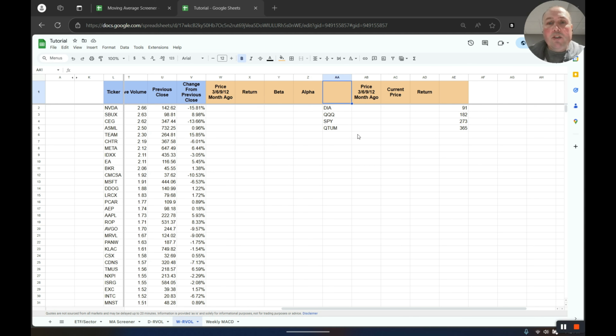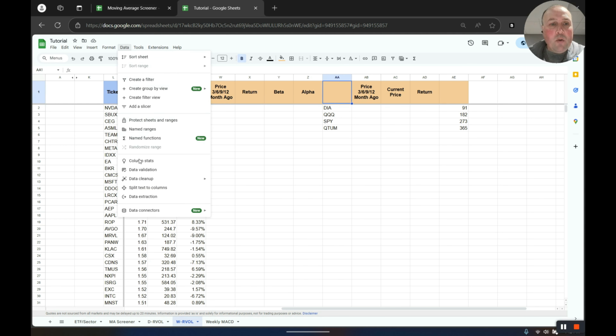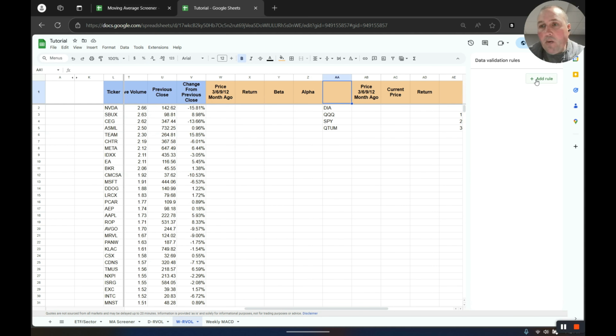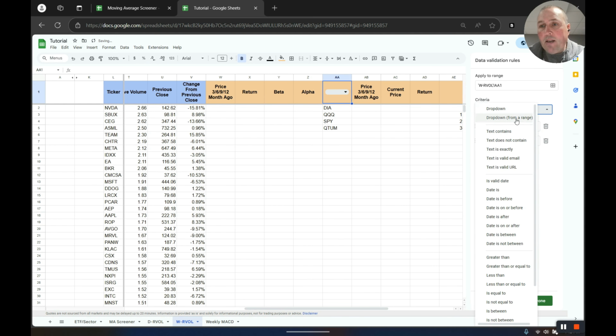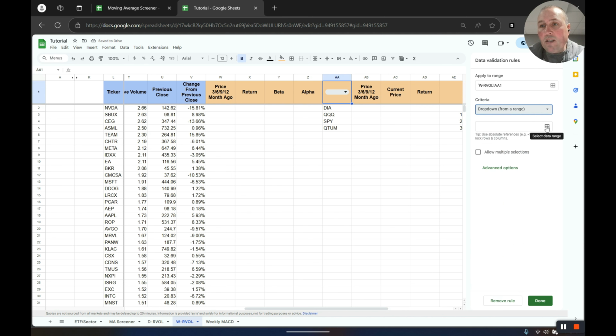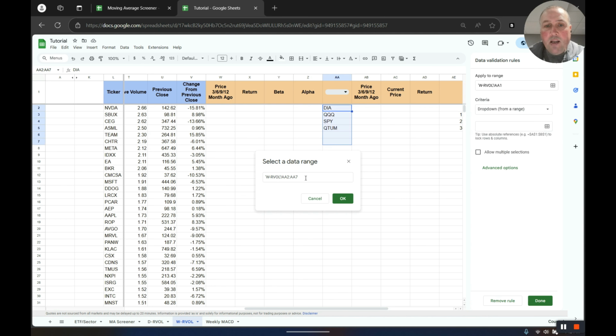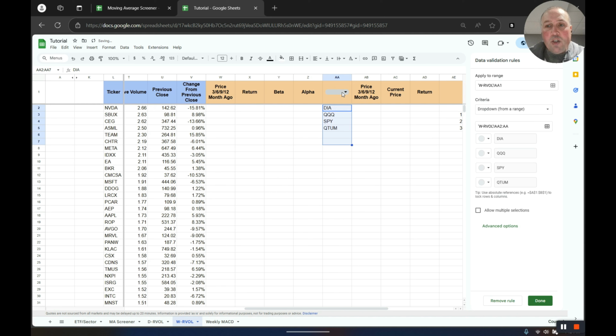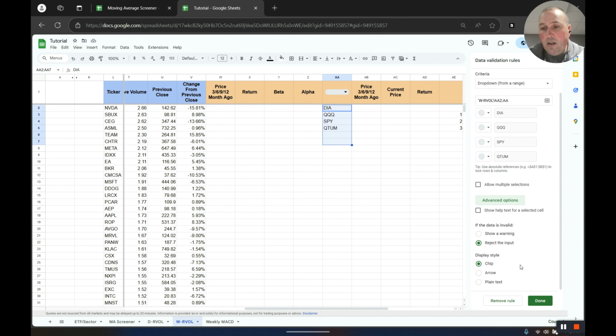Okay, so the first thing we'll do is we'll just highlight cell AA1. We'll go up to data, go to data validation, go to add a rule, and go to drop down from a range. We will select our data range by clicking this box. We will start to pull this down, and then we'll go into this box. Once we start pulling it down, just get rid of 7 in case we want to add more ETFs. This goes all the way down to AA. We'll click OK. Then we'll check our advanced options, make sure this says reject input,